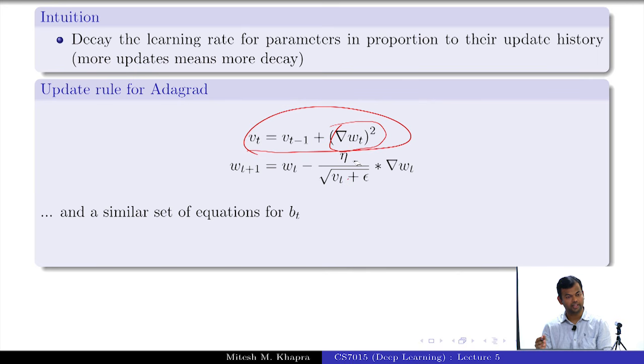I have divided the learning rate by whatever history I had accumulated. So for the dense features, what would happen? The learning rate will increase or decrease. With time, the learning rate will decrease, right? And for the sparse features, relatively less, right? And in fact, if you have gotten 0 updates so far, so when you are updating it the first few times, you'll have a very high learning rate. Does that make sense? Because this quantity would be 0, so your eta would actually be very large. Okay? So you see how that intuition got converted into some reasonable formula.